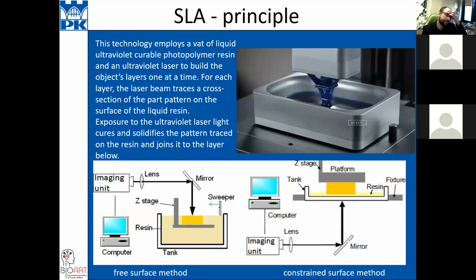Of course, the basics of the method are the same, but now we can use different kinds of devices. I showed you that in the previous method our bed goes from top to down, but we also can use different kinds of machines, where the bed goes from bottom to top. Here we have our laser, and we must use a mirror to change the direction of the laser beam. But the principles are the same.